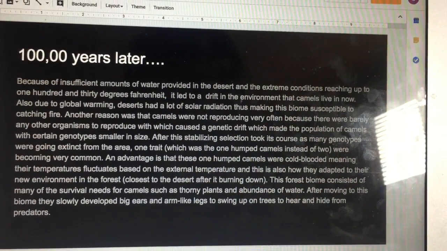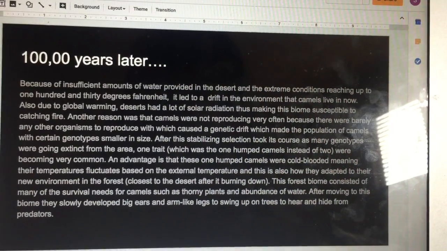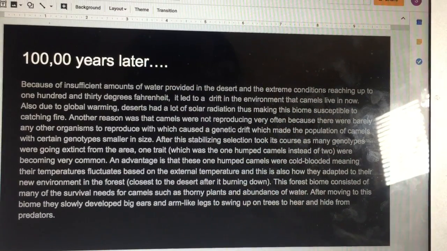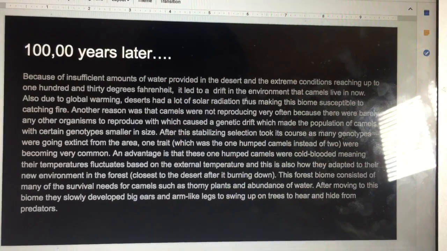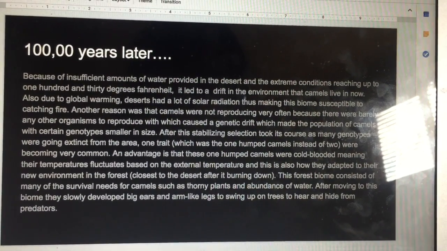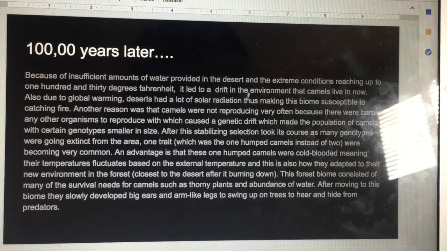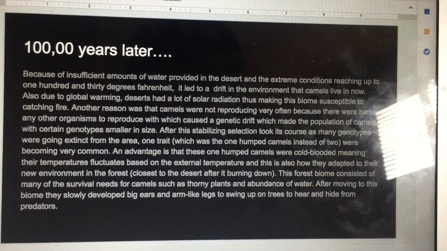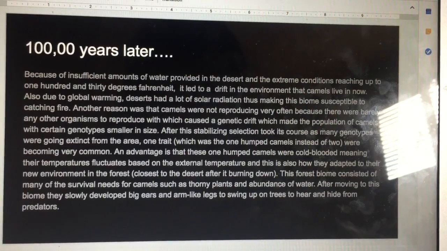One trait, the one-humped camels instead of two, was becoming very uncommon. An advantage is that these one-humped camels were cold-blooded, meaning their temperature fluctuates based on the external temperatures, and this is how they also adapted to their new environment in the forest, which was the closest to the desert biome